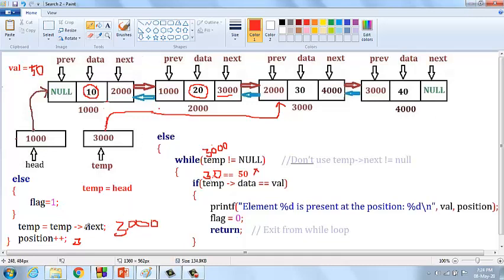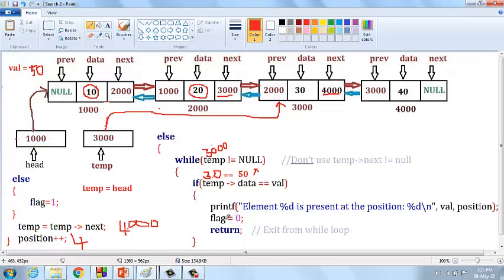How can I move to the next pointer? Temp of next. What is temp of next? Temp is 3000, of next is 4000. Here it should be changed into 4000. Then position should be incremented from 3 into 4. Understand?